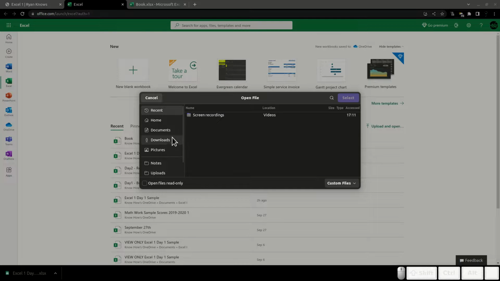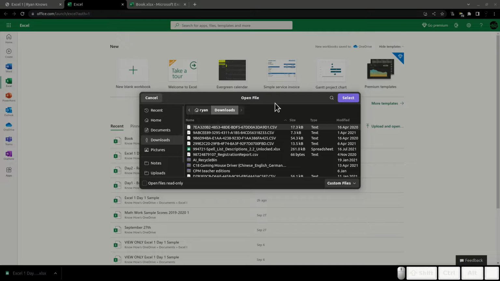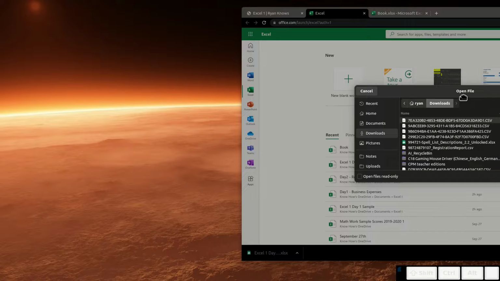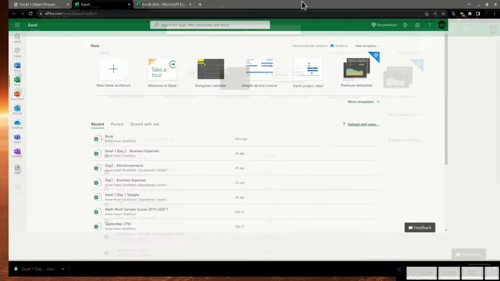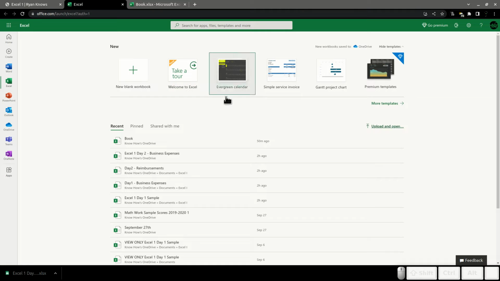It's just going to open your file browser. I'm going to go to Downloads. Oh, I see what's happening, when I move that it moves the whole thing. There we go.